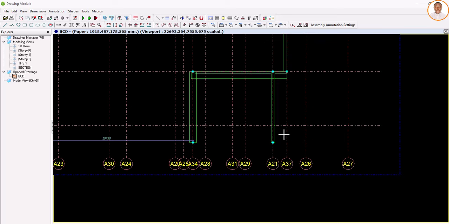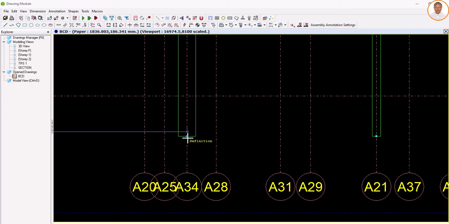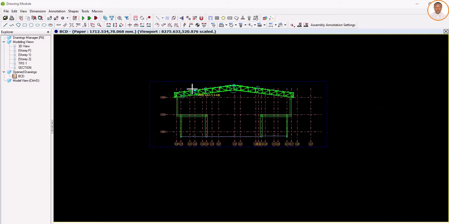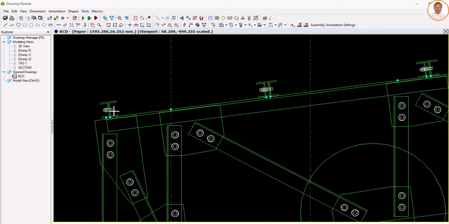So then right click. Okay. I did not click the other one. So come to this place, click on it, and then come to this place and click. So do you see it now? So we have dimensioned it, and if you want to dimension this up to the polylines, which is very important too,